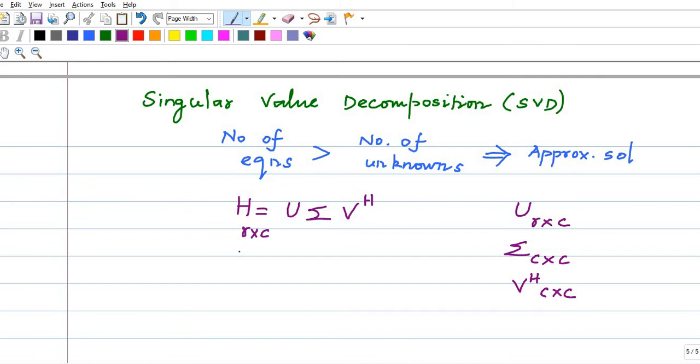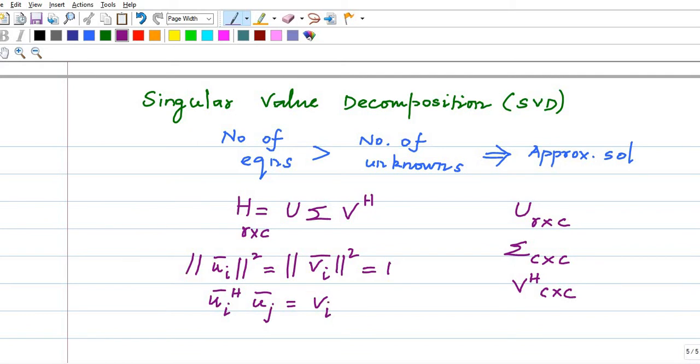If you consider the U matrix or the V matrix, any column you take has unit norm. One column with another column, the inner product gives 0.